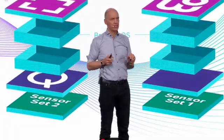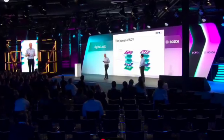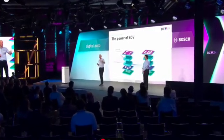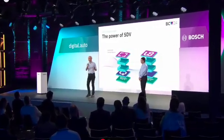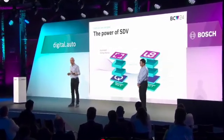So on the left-hand side, you see what we do in Europe in our cooperation with the Volkswagen Group. We are using a Qualcomm SoC. We are using these two light blue boxes, and we are developing a hands-free driving stack in what we call the Automated Driving Alliance. Now, what we did with Tony in China, and you see the result in a minute,